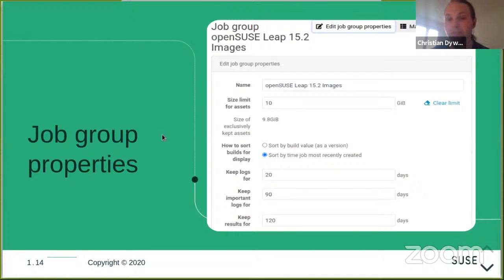You want to make sure you have enough space, and also the log files, as you can see here, for example, keeping the logs for 20 days, or 90 days for more critical log files.